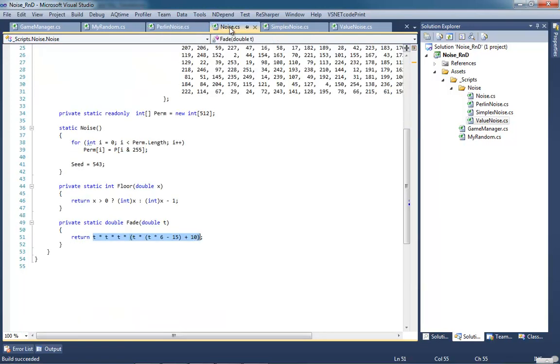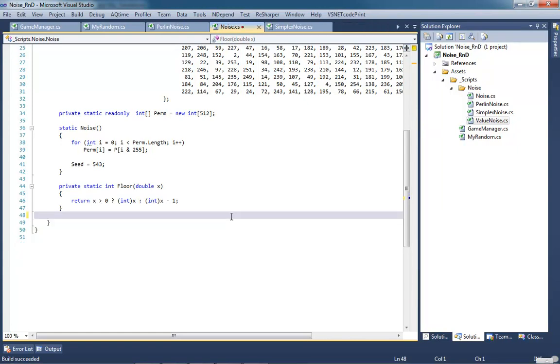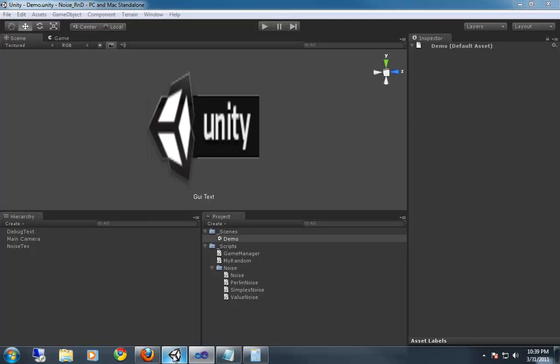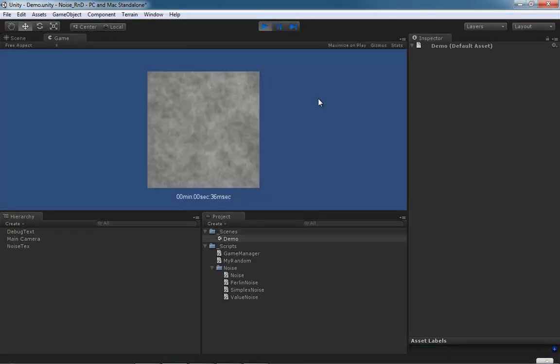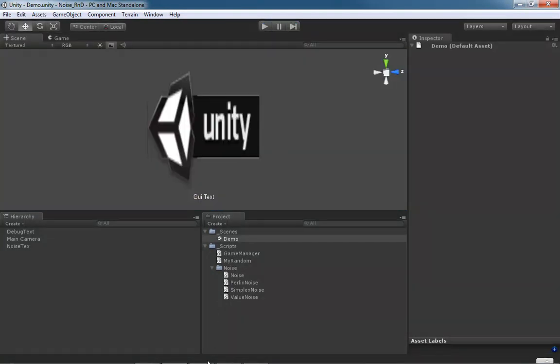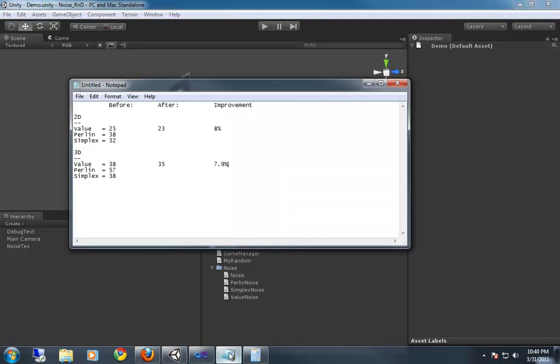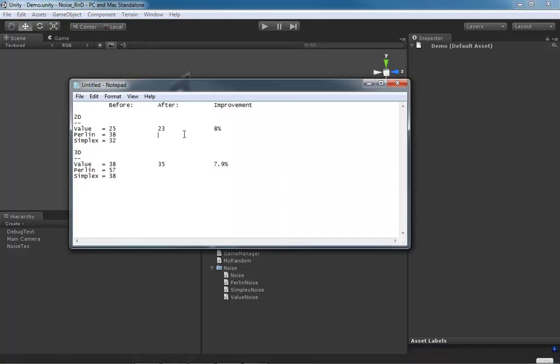So if I go back to noise, fade should be obsolete, so we can get rid of it. We're already set up for our Perlin 2D. So our Perlin 2D is 36 milliseconds now. So we're down from 38 to 36,